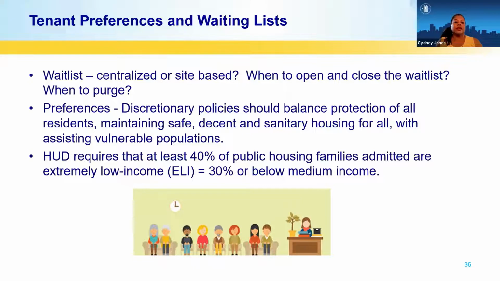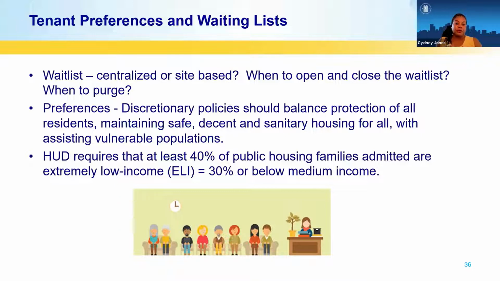The PHA can establish discretionary policies on who moves ahead on the waiting list. So you can have a preference for elderly families, a preference for disabled families. You can have a preference for working families, although elderly and disabled families would have to be eligible for that preference as well. Now, when it comes to those voluntary admissions policies or preferences, keep in mind when you're setting those preferences, they can be a barrier to vulnerable populations, including people who are homeless or who don't have access to programs. So keeping in mind the vulnerable populations that we serve and who we want to house is important